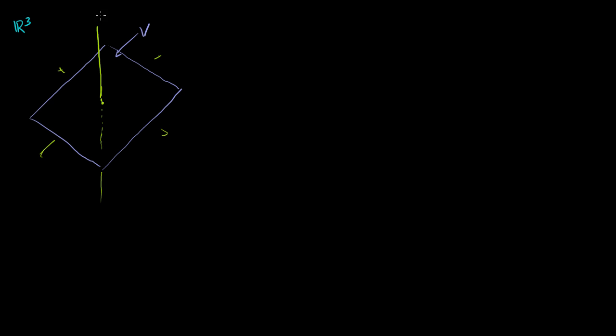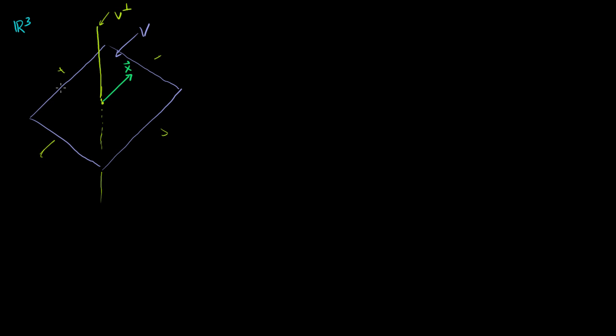But you get the idea. So this right here is the orthogonal complement of V, that line. Now, let's say I have some other arbitrary vector in R3 here. So let's say I have some vector that looks like that. Let's say that is